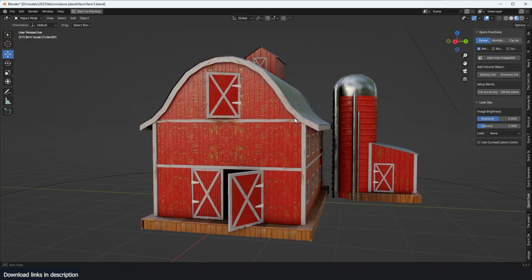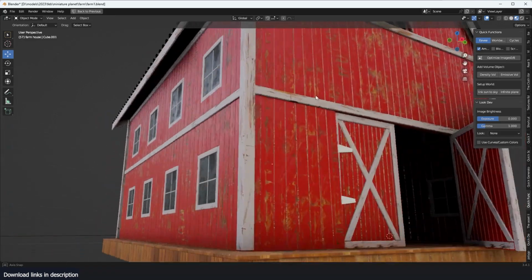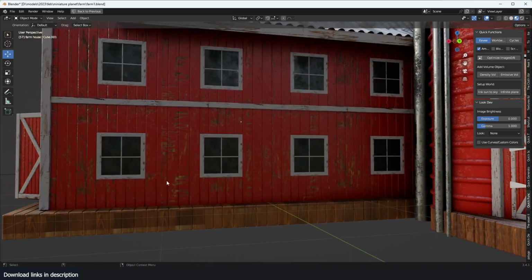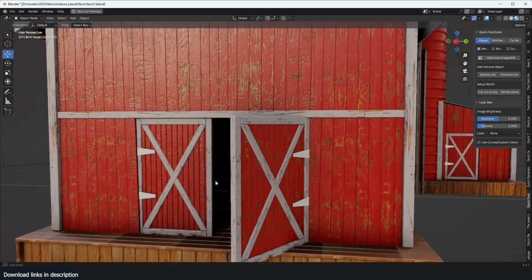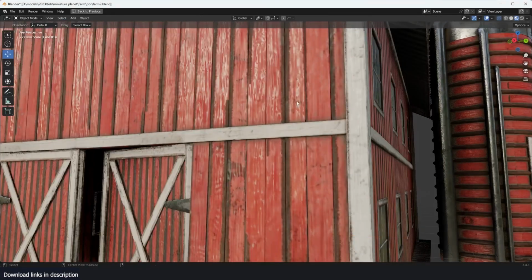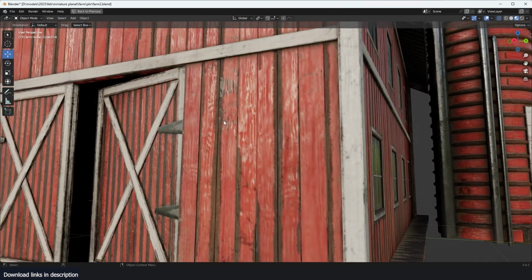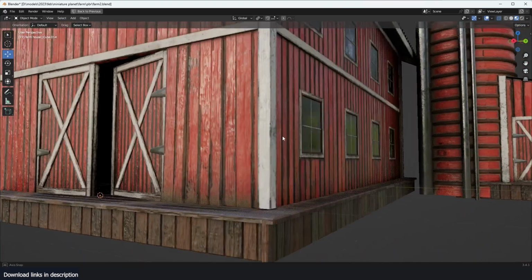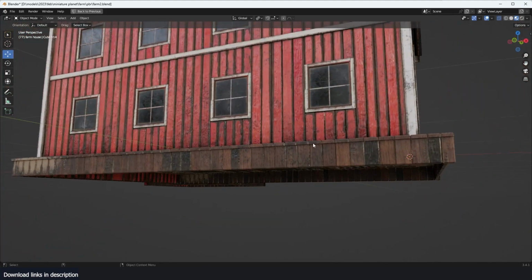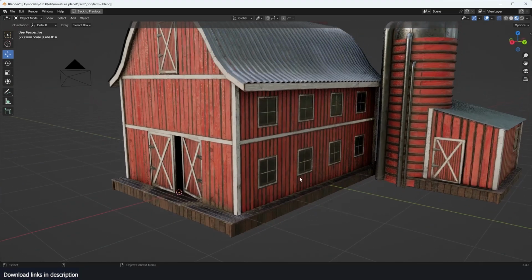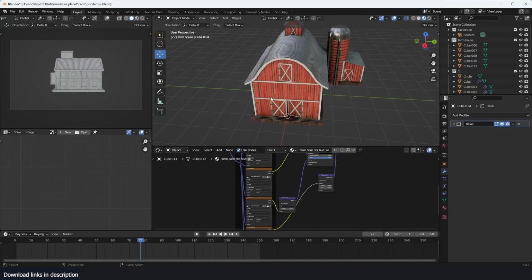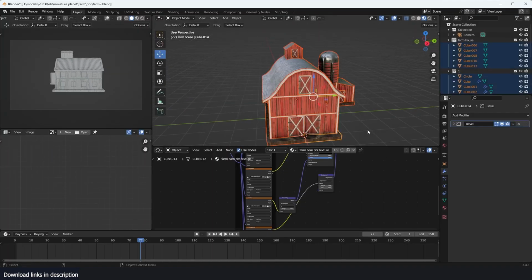let me know in the comments which one you think looked better. But I think I like this. The only difference is that in Blender you don't really have a lot of options for masks like you do in Substance Painter. You can see some of the masks I'm using here. The edges are chipped. The paint is worn out on some of the planks here. You can still achieve the same results if you put in the time, but you usually get results faster with Substance Painter, but most of the time you're going to spend on UV unwrapping,